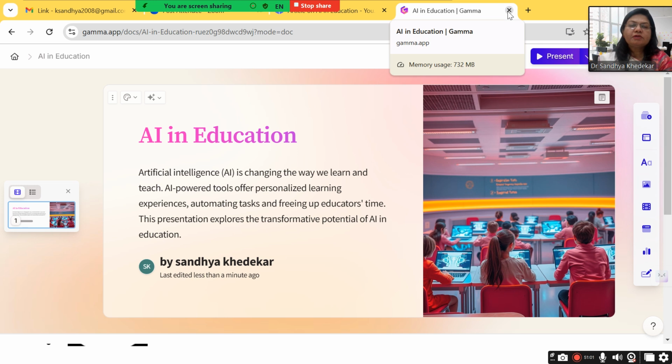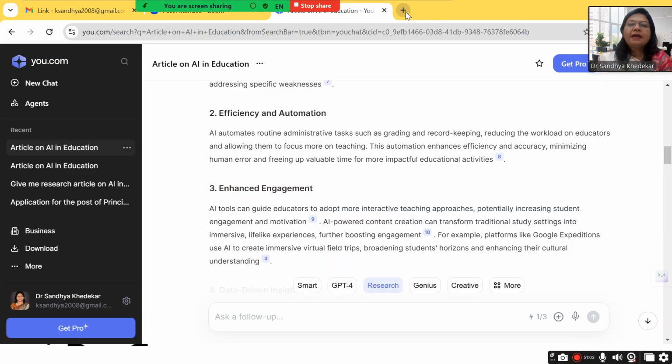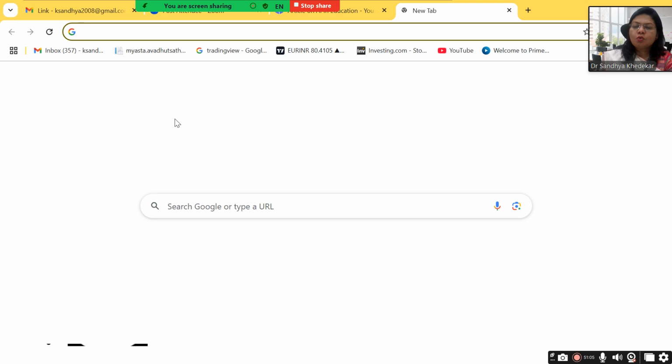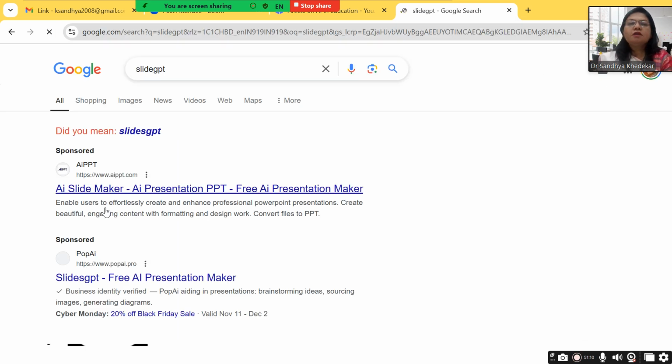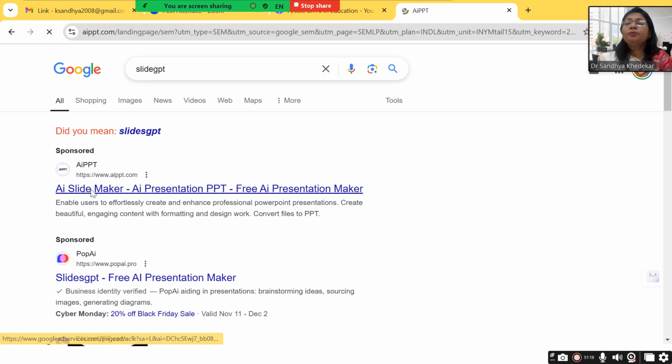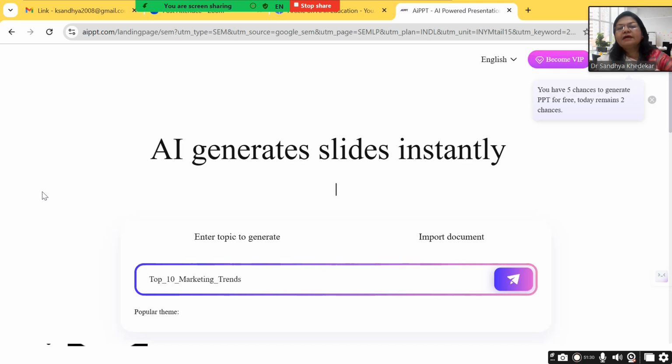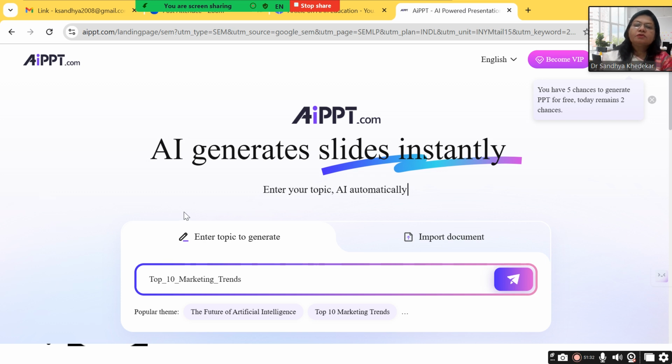So that is possible. Like Gamma.app, Slide GPT also works, but I have heard that Slide GPT asks for some dollars to subscribe. I don't know. Let us see. AI PPT, AI Slide Maker is also there. Those who want to make more and more presentations in a day, I think AI PPT gives you 30 presentations in a day. But Gamma gives only 8 presentations in a day. After 24 hours, again the ticket gets generated. So this is there,